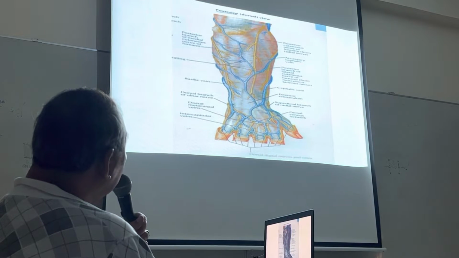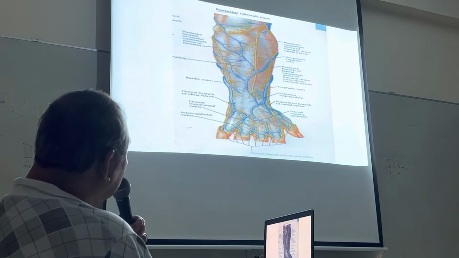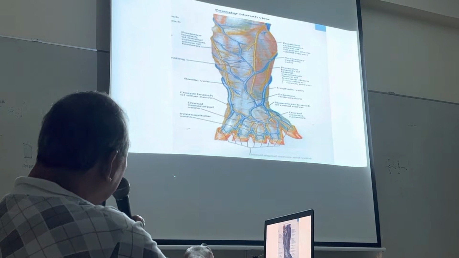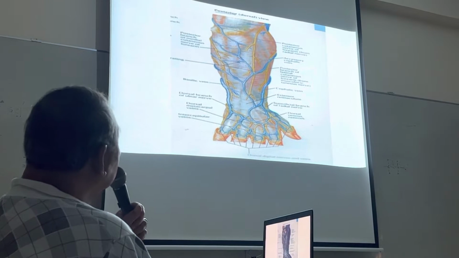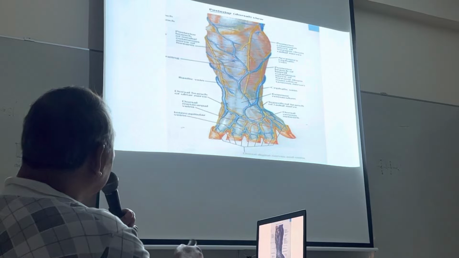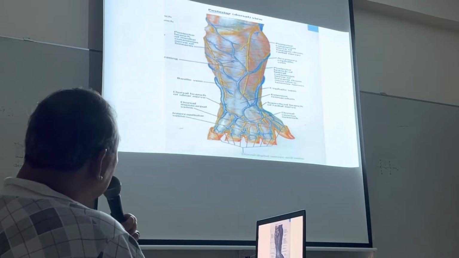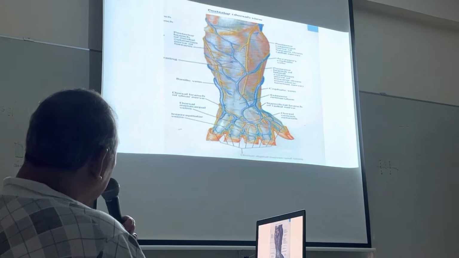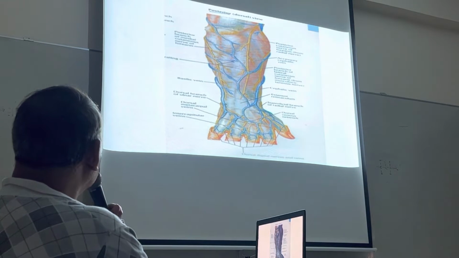And then the musculocutaneous nerve, as the name implies, musculo, it will supply muscles, and then also cutaneous, meaning after supplying the muscle, it will continue as the lateral cutaneous nerve of the forearm, supplying the skin on the medial side of the forearm. Okay, so